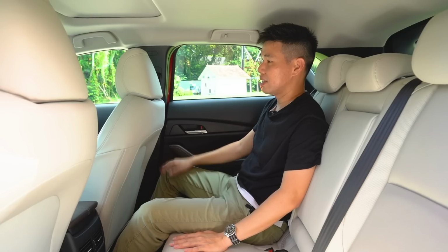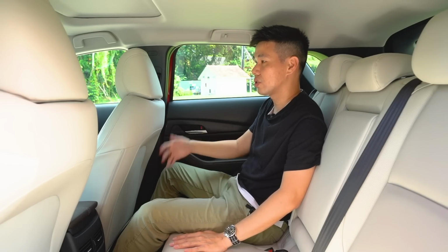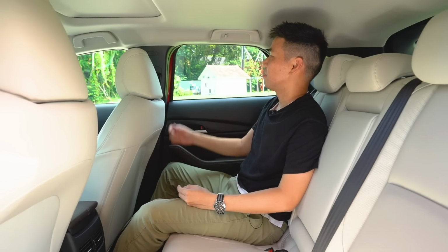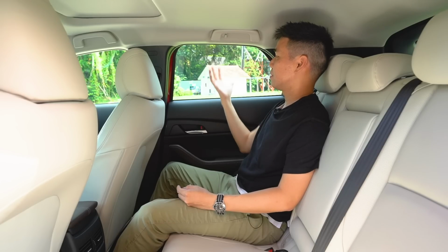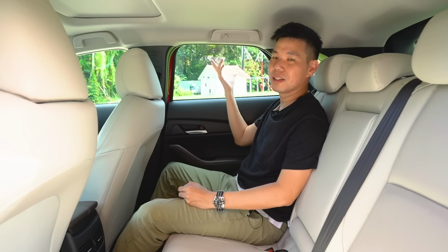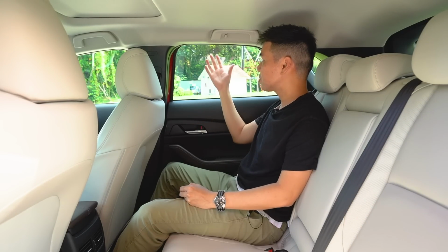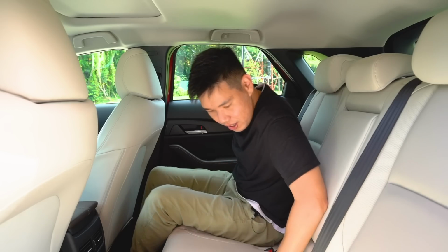One thing about the design of the car is nice and flowy, it doesn't look boxy like other crossovers of the segment, but that comes at the price, that being the shape. The window here is much smaller than its boxy competitors. So is it deal breaking? I don't think so. It's just you will want a bit more light coming in. Anyway,